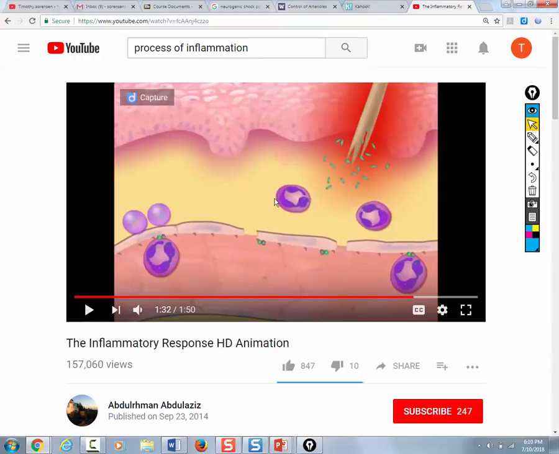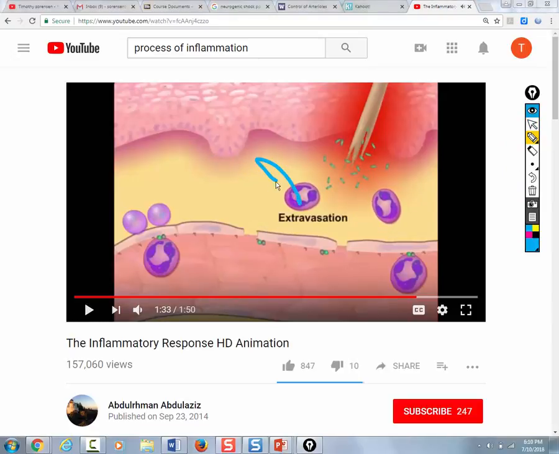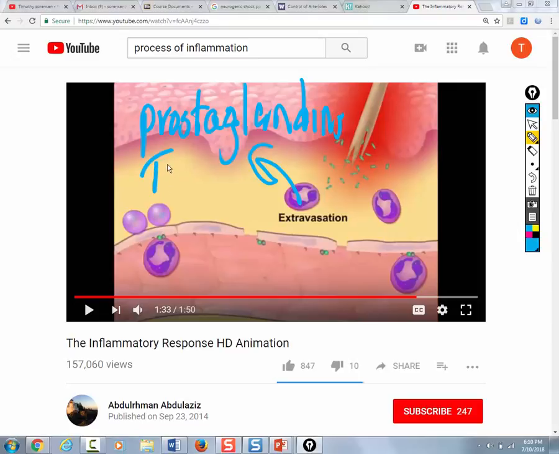When white blood cells come in contact with an antigen or pathogen, they release chemicals. Those chemicals that white blood cells release include chemicals called prostaglandins, tissue necrosis factor, TNF,